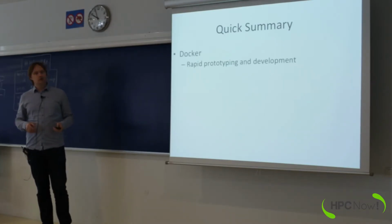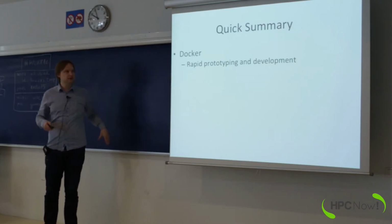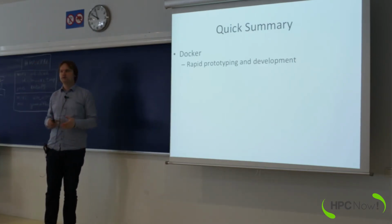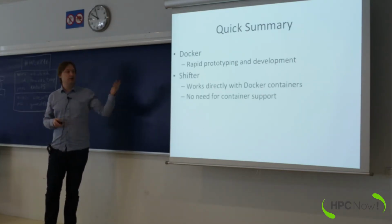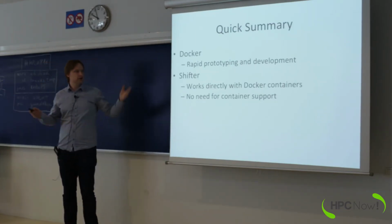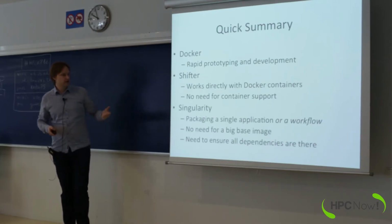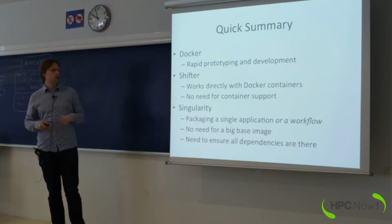Quick summary. What I see is that Docker, in the context of HPC, is really good for rapid deployment and prototyping, playing around with different versions of libraries and things like this, and running stuff on your laptop. Shifter is nice because you can take the stuff you've been working on here, and it works directly with Docker containers. You don't even need the container support. And then with Singularity, you can go a bit deeper and package a single application or a workflow in this,